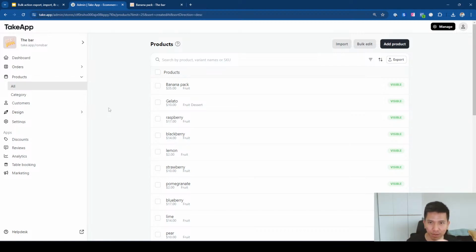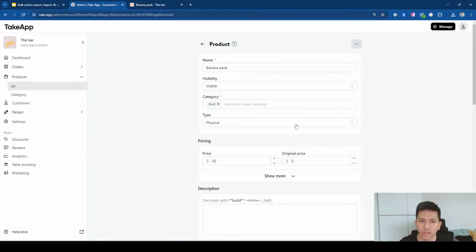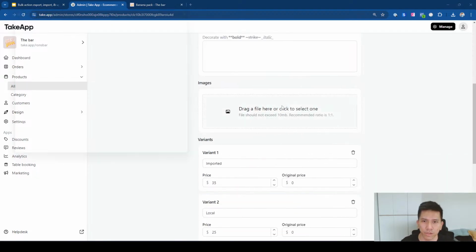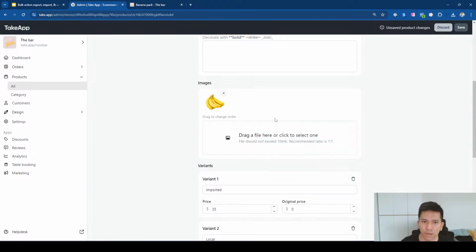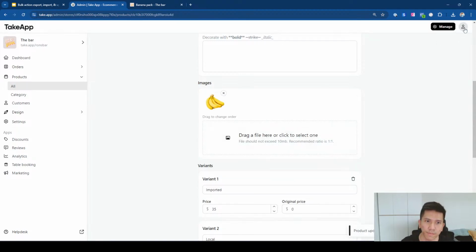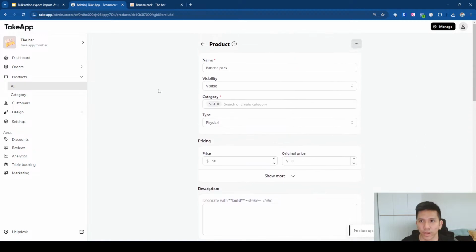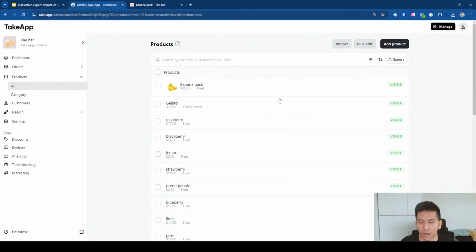Now the bonus topic that I want to show you is how to attach the image easily. Some people who don't know about this will go to the items, click on the items, then scroll down, click on this one, open this one, do this, and then click save. Yeah, we can do that, but it will take a lot of time